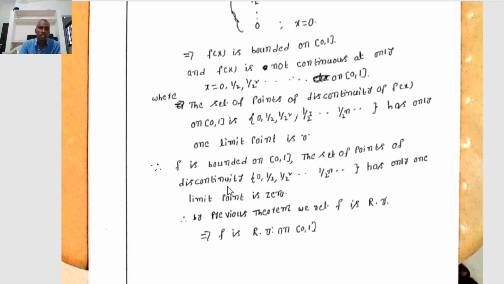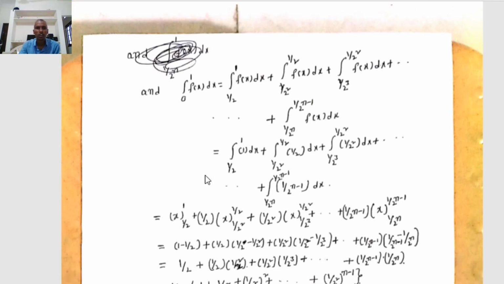What is the previous theorem? If f is bounded on the closed interval [a, b], and f has an infinite number of points of discontinuity on [a, b] but a finite number of limit points on [a, b], then f is Riemann integrable on [a, b]. Therefore, by the previous theorem, f is Riemann integrable on [0, 1], and the integral value